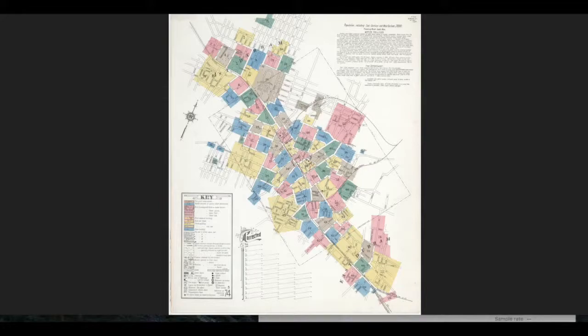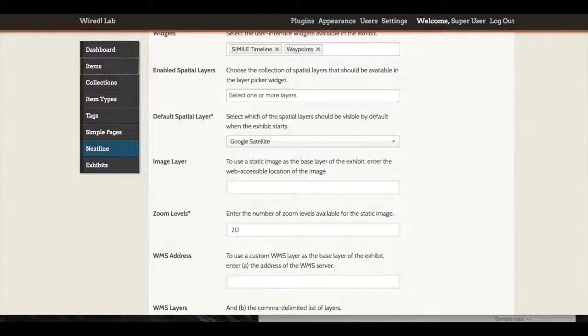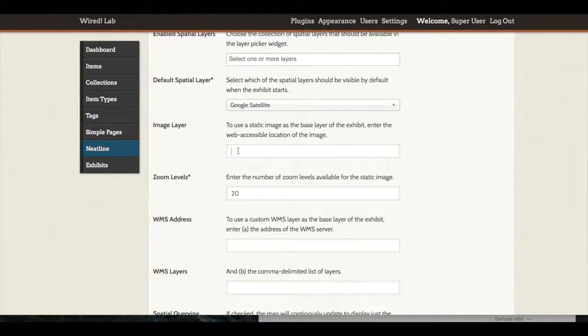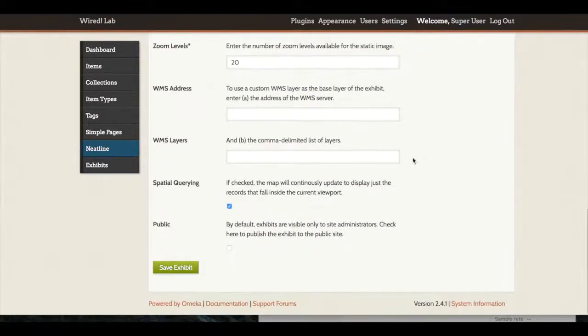I would then return to the Neatline exhibits page, and under image layer paste in that URL. And again, remember, here is that image file extension at the end of my URL. I can then click Save Exhibit,